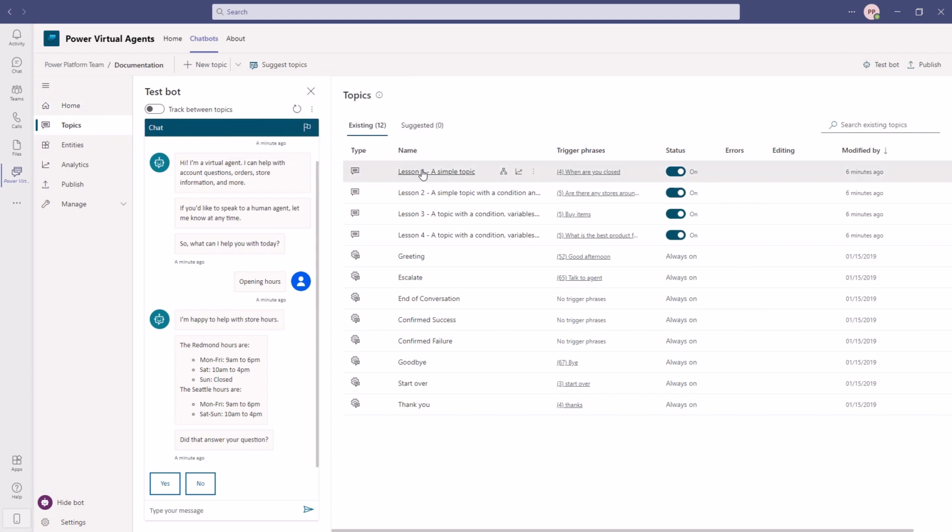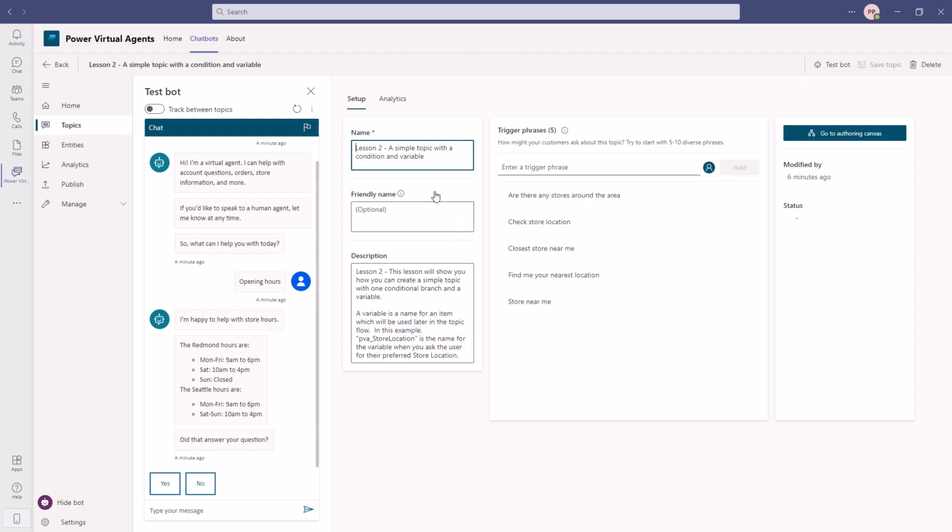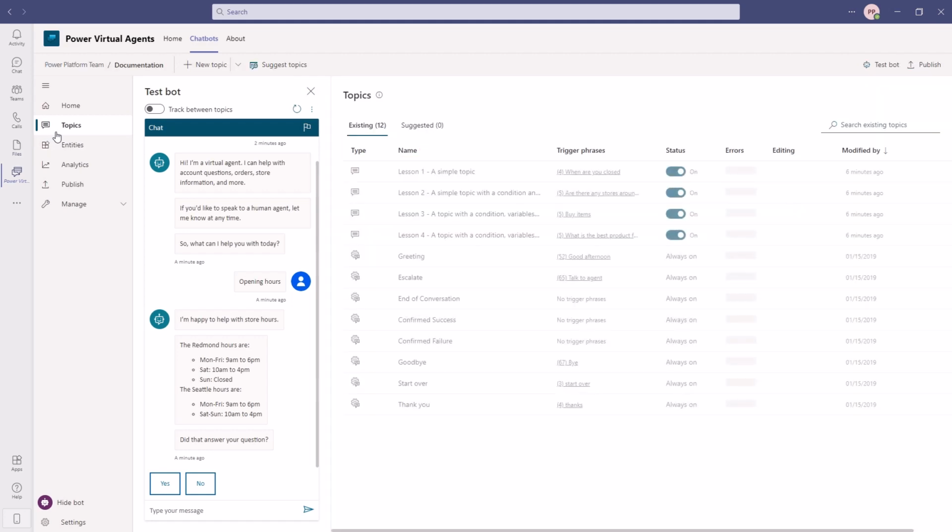And we can see we have got a few sample topics already installed. You can click on any one of these if you want to see information about it, and then you can go to the authoring canvas. But instead, what we're going to do is go back to topics on the left-hand side and create a new